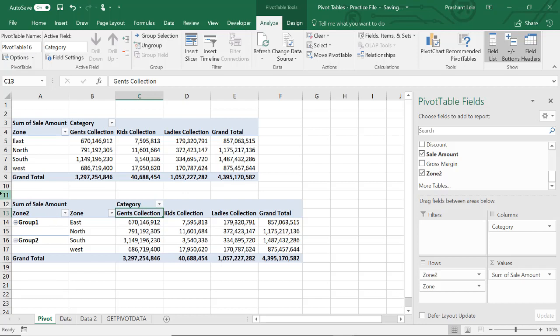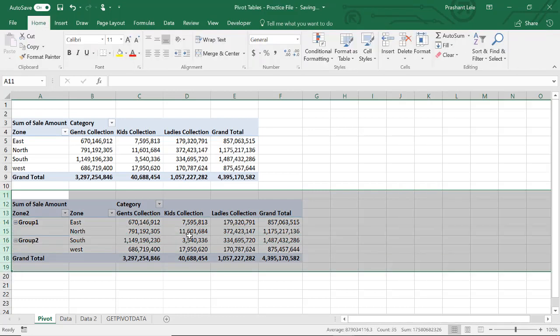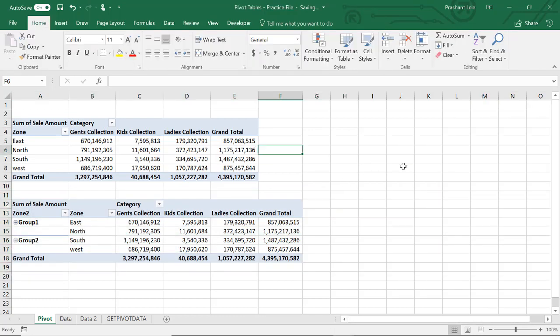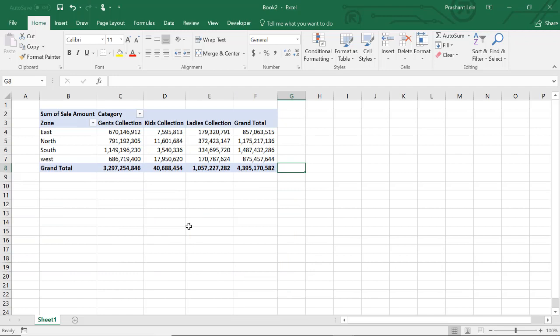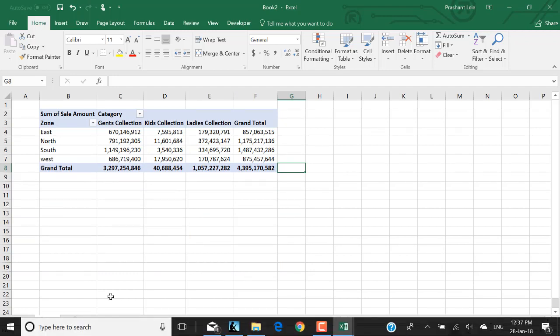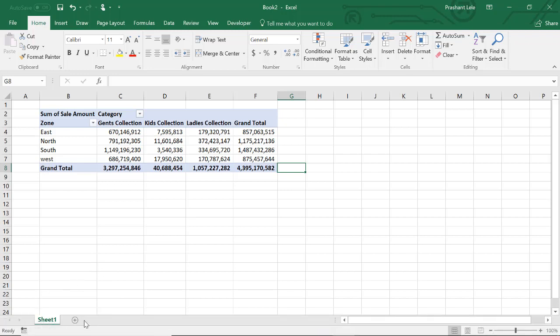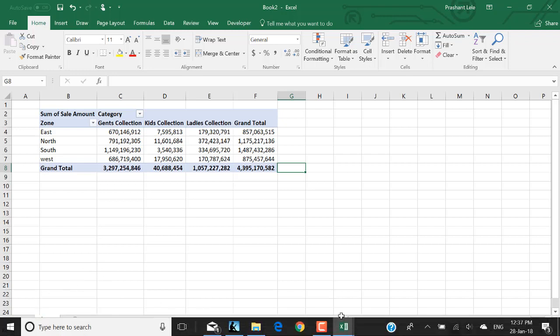Okay, understood? Now the next point is, whenever you create a pivot table or copy a pivot table into another workbook, your whole data goes along with it in the form of the pivot table cache. Okay, that is clear now. So if I send this Book 2, my whole data will go along with it. See, there is no data source worksheet here. My data source is my earlier file.